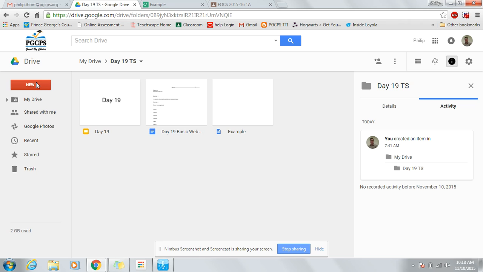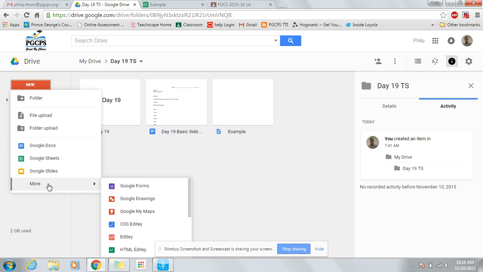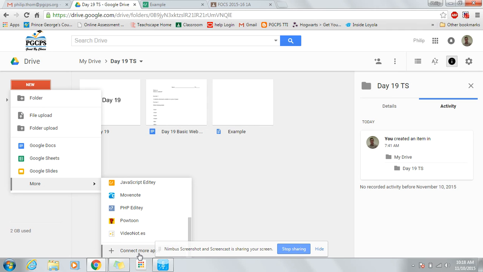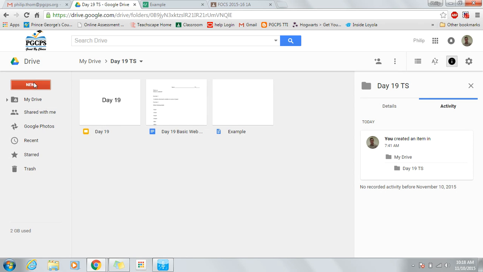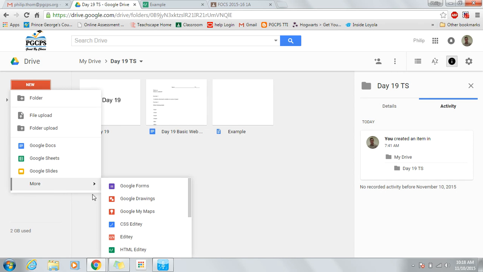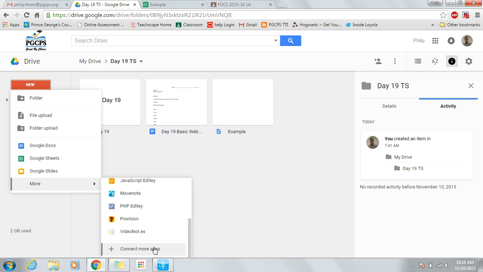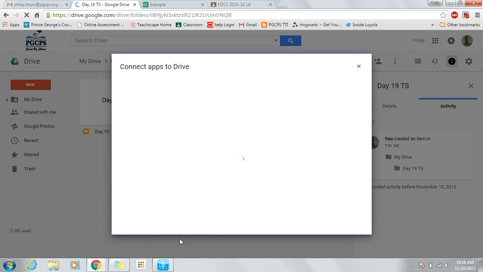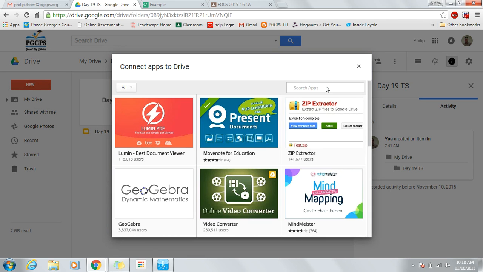To connect this app, you have to click New. Scroll down to More. I have a bunch of apps already connected. You will not have that many apps connected. And then what I will have here is Connect more apps. You click that, and once this page loads, you type in